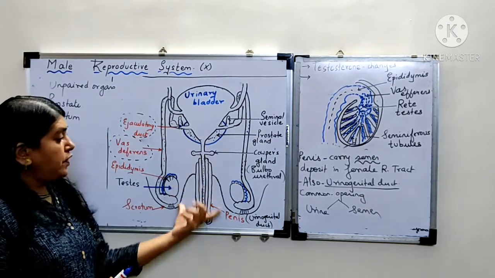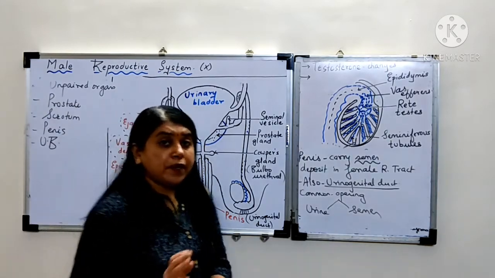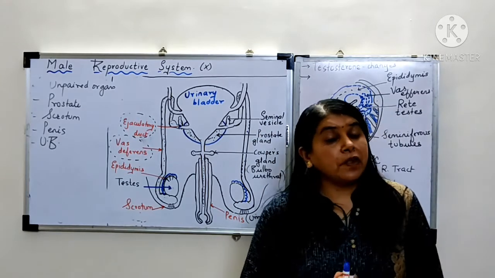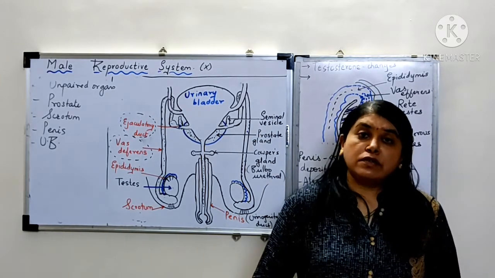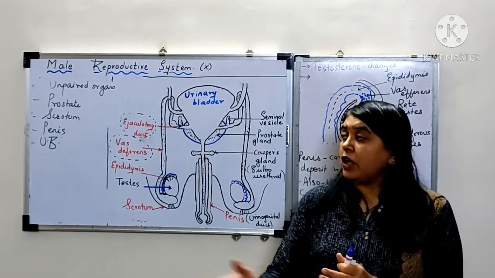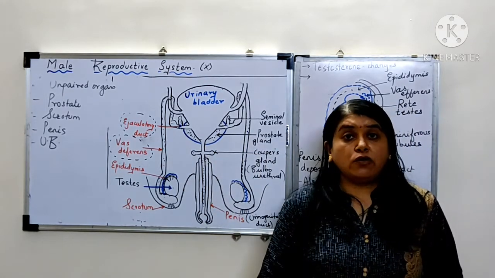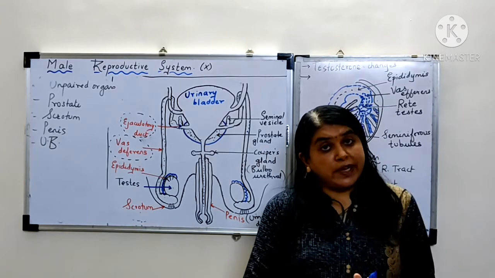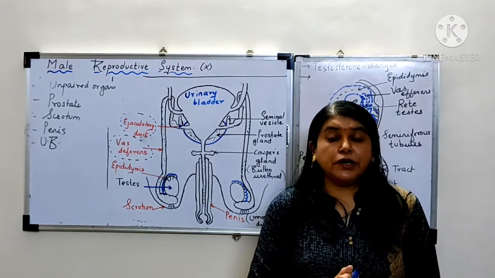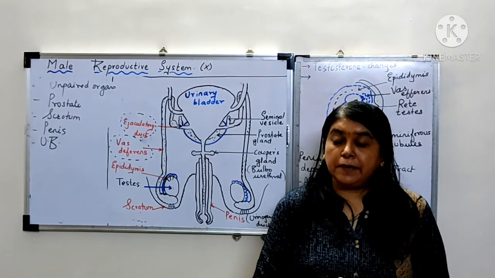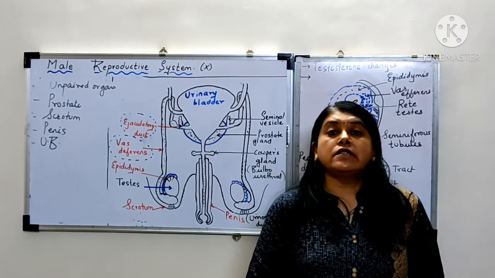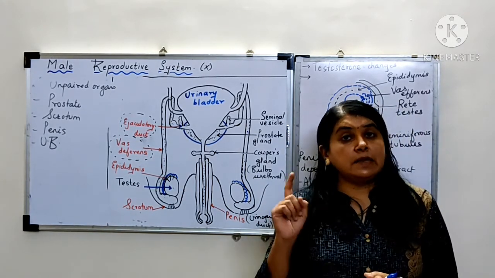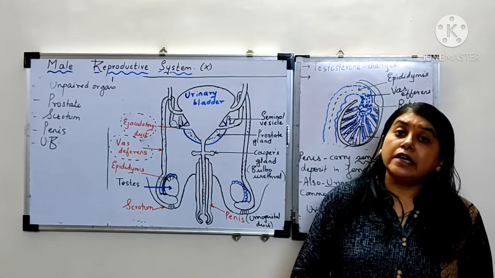So this was everything about the male reproductive system. I have shown you how to draw the diagram. Practice with this video and you can easily write down the functions if they are asked. Practice the diagram twice or thrice for clear concept clearing and for easy understanding. In the next video, we will discuss the female reproductive system as well as the menstrual cycle in detail.